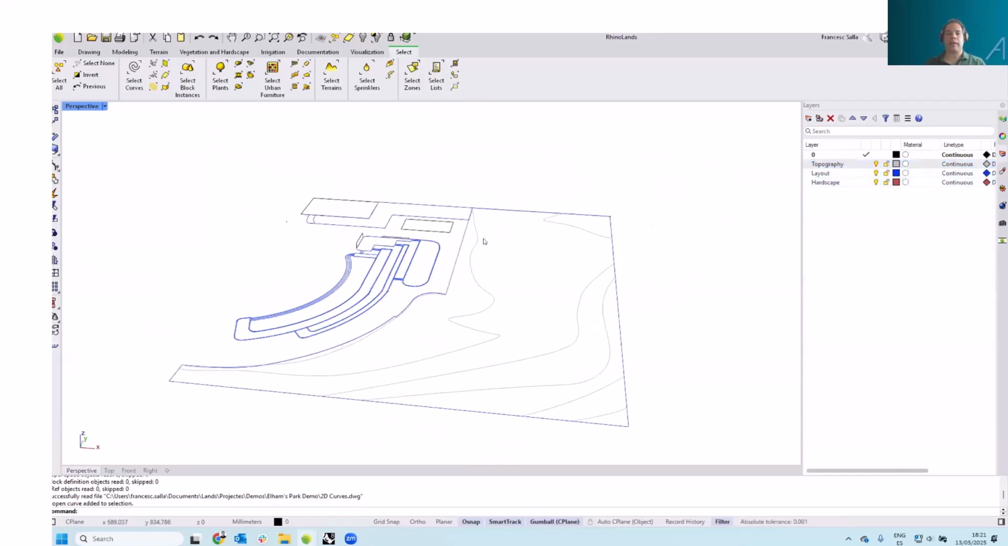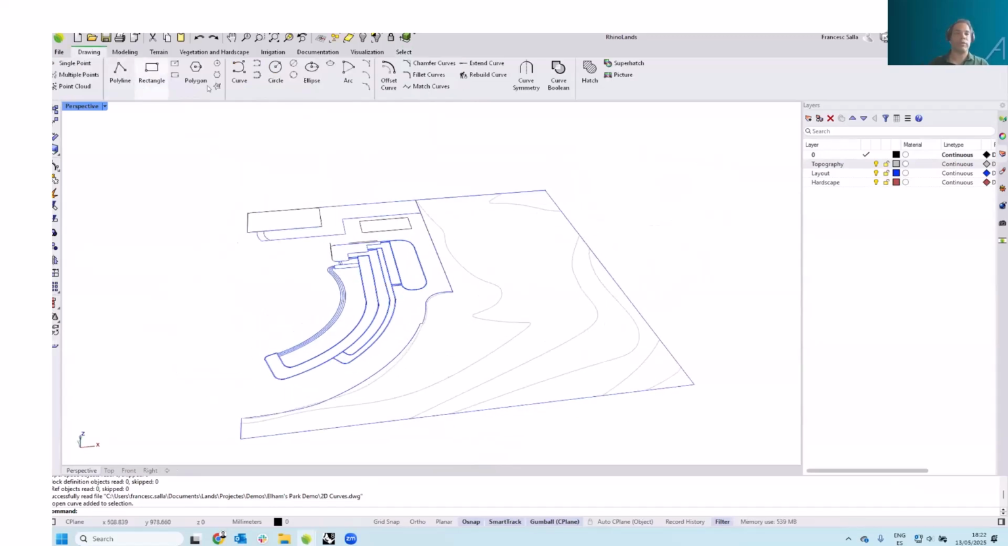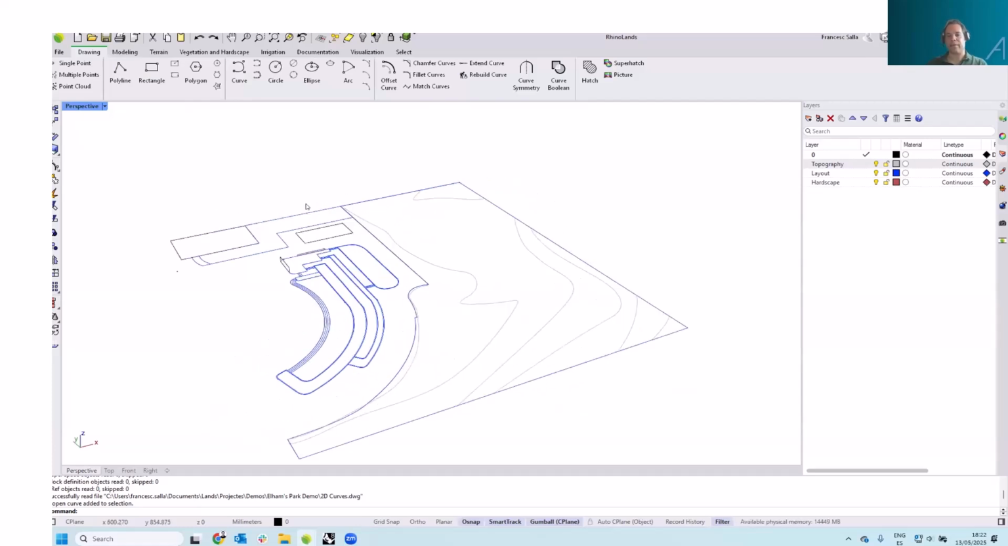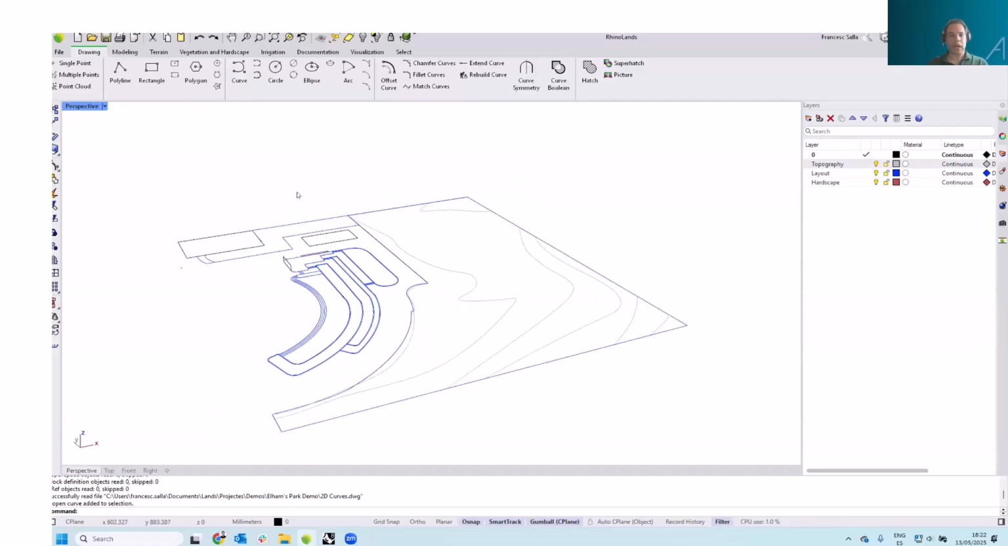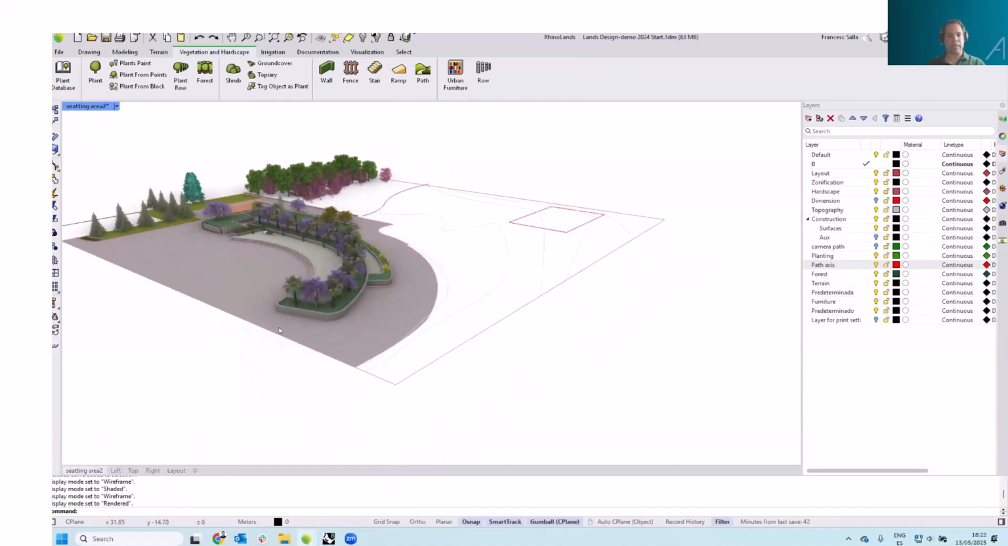Okay, and keep on working on the 3D model based on these 2D curves, if you don't want to create them from scratch, which is something that you can also do directly in RhinoLands. Okay, I'm going to jump to this same project, but a little bit more advanced. This is where we have already placed a few elements in 3D, but we still have some of the work